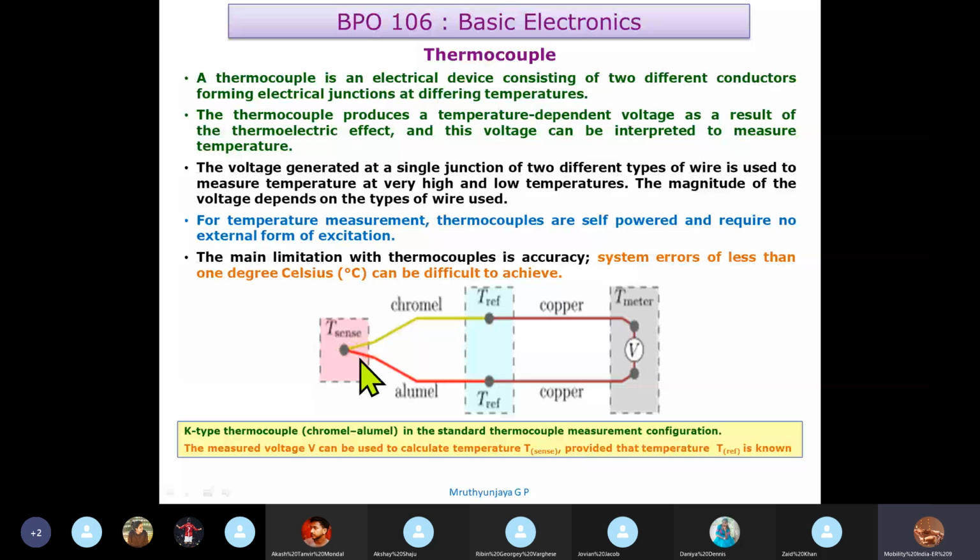The thermocouple, you would have heard of the Joule-Thomson effect, if at all, otherwise don't worry much. A thermocouple produces a temperature dependent voltage as a result of the thermoelectric effect. This voltage can be interpreted to measure temperature. What happens here is, when materials of two different types are joined together, and that is subject to one temperature,